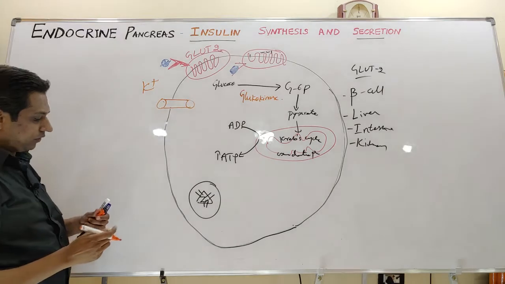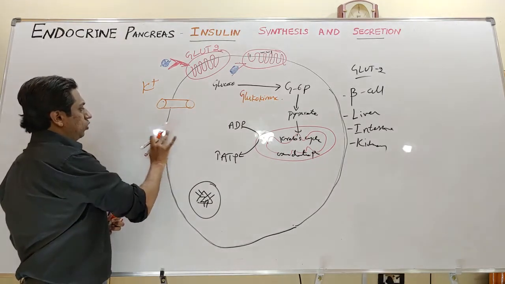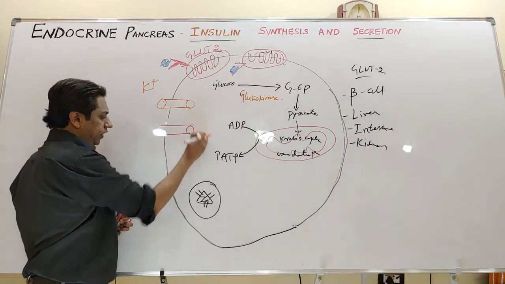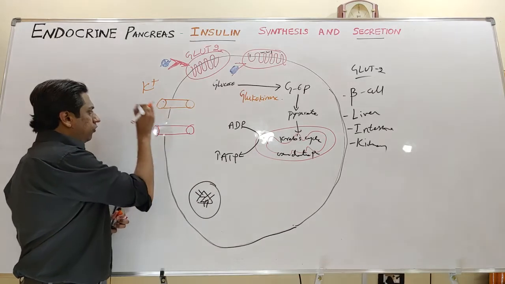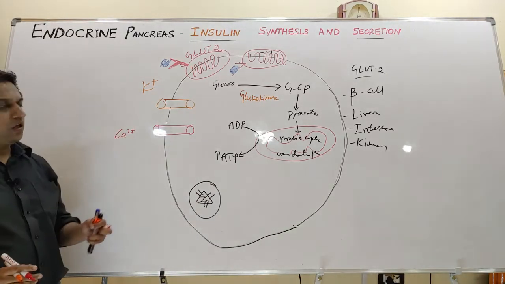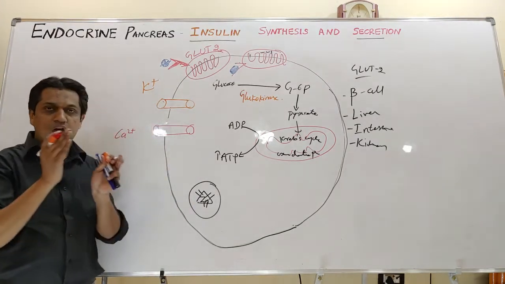Another one is the calcium channel. Okay, two important channels. However, there are other channels too, but for the mechanism of release of this insulin molecule, we'll discuss this calcium channel and potassium channel. Okay, so at the resting condition, when the cell is in a polarized state,